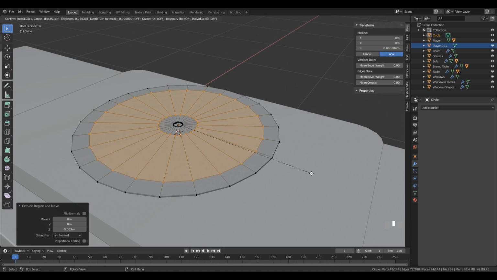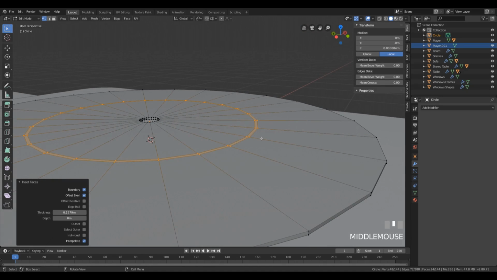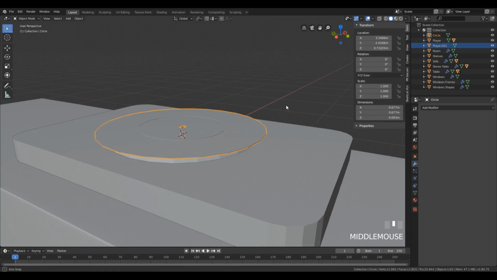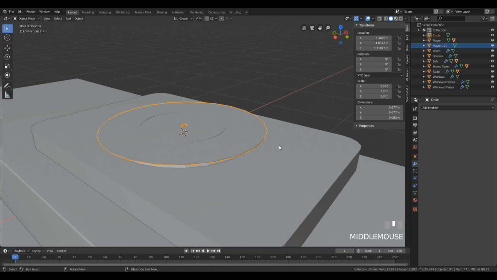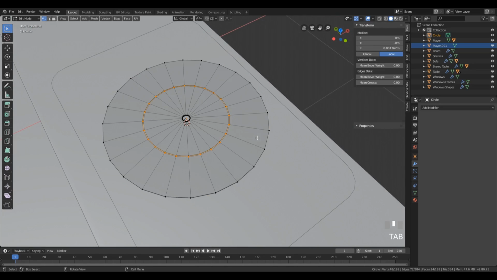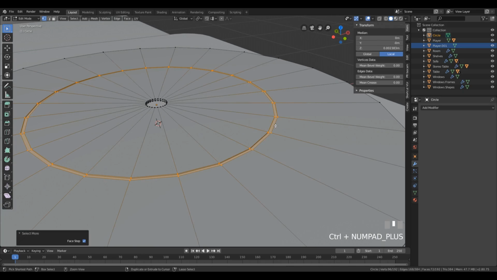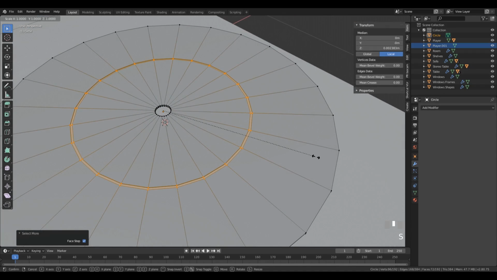You can see we are insetting from the both sides. And here where it meets, I think it's a good place to do a little extrude down, so E and then extrude down like this, and that's a record basically. Won't be doing much more for that. If you want, you can expand the selection with Ctrl+, and then press S, Shift Z to scale on the X and Y plane to make this a little bit